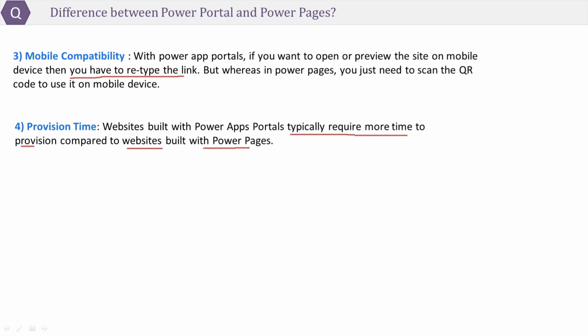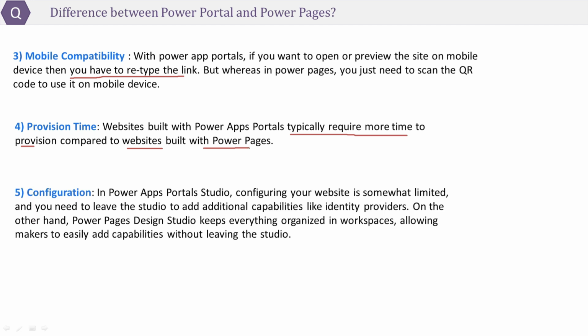Additionally, Power Apps portals often require more extensive customization through HTML, JavaScript, CSS, or Liquid, which adds to the provisioning time. On the other hand, Power Pages offers a simpler and more streamlined approach to website creation with fewer customization options and faster provisioning time.